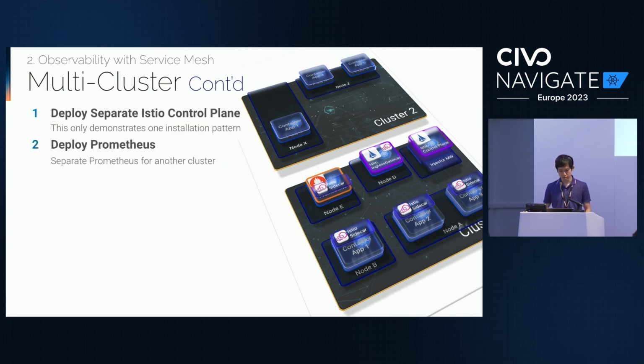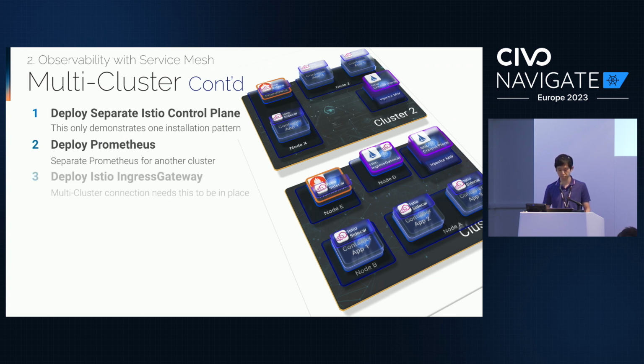So with the multi-cluster, let's say we're going to deploy the Istio control plane and then Prometheus. You can see up at the top the same thing, with the Istio control plane being placed, and the Istio sidecar will be placed in each of the applications along with Prometheus there. And we deploy the Istio ingress gateway, which is crucial for multi-cluster to work. And it's basically identical at this point. Obviously, it doesn't have to be.